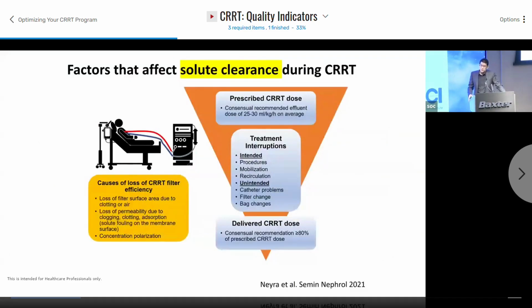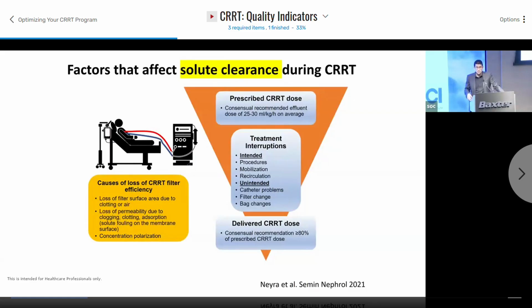Now, when we talk about factors that can affect solute clearance during CRRT, of course, from our prescribed dose to our delivered dose, there are many things that happen. As I mentioned, there are treatment interruptions. Some of them could be intended, like procedures, the patient needs to be mobilized outside the room, recirculation procedures, and also unintended, right? A lot of the time related to catheter problems, filter changes, bag changes. All that create